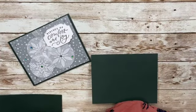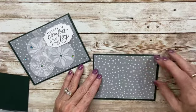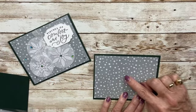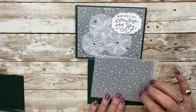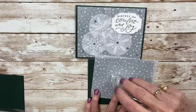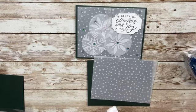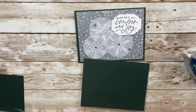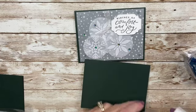Okay, I have found that the best way to adhere this vellum paper is with some glue dots. Now, for this one, it's okay for me to put a little adhesive right here in the middle because look, it's all gonna get covered up with these circles, okay? So I'm gonna take my seal right in the middle and put some seal, but then I'm gonna take my glue dots and I'm just gonna put one glue dot in each corner. So one there, and it's gonna blend into the little dots on the paper, and that will help me adhere those corners